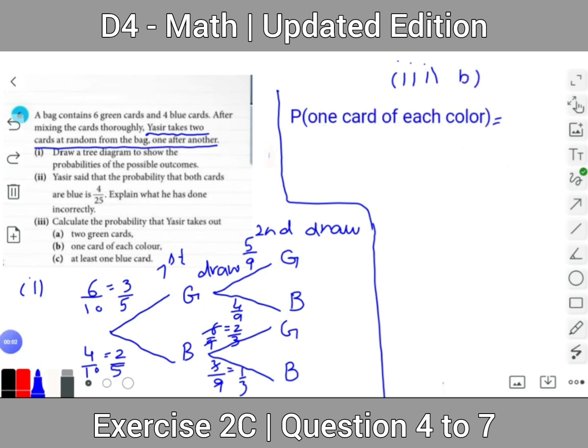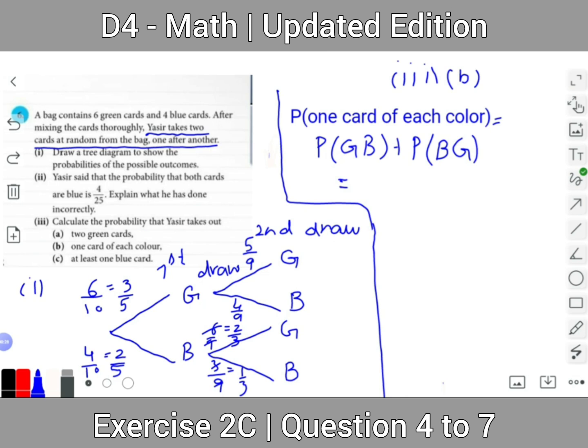Now in part B, we have to find the probability that Yasser takes out 1 card of each color. For this, we have 2 possibilities. The first is green and the second is red, plus the probability that the first is blue and the second is green. So for this, we will apply the